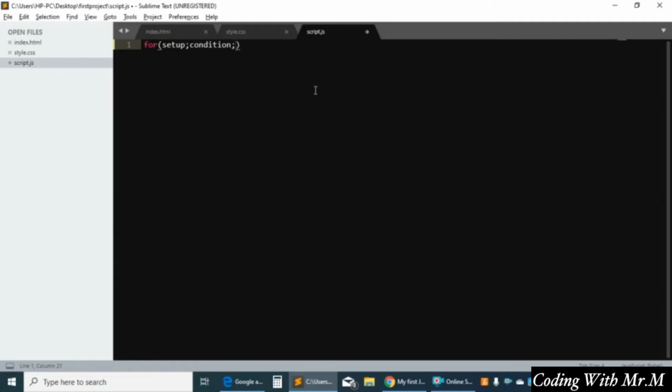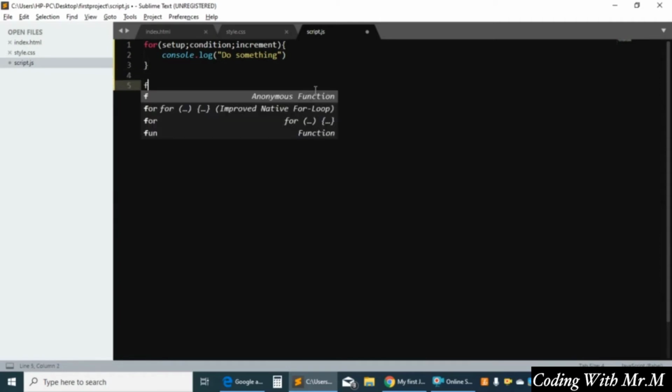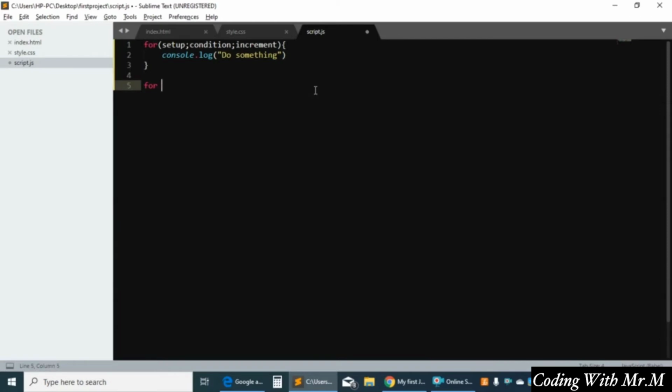Okay, an increment. So console.log do something. Okay, that's our structure. So how can I do that? I will write for. I'll write for, open up a variable. Let's say I have countNumber equals 0, and then countNumber